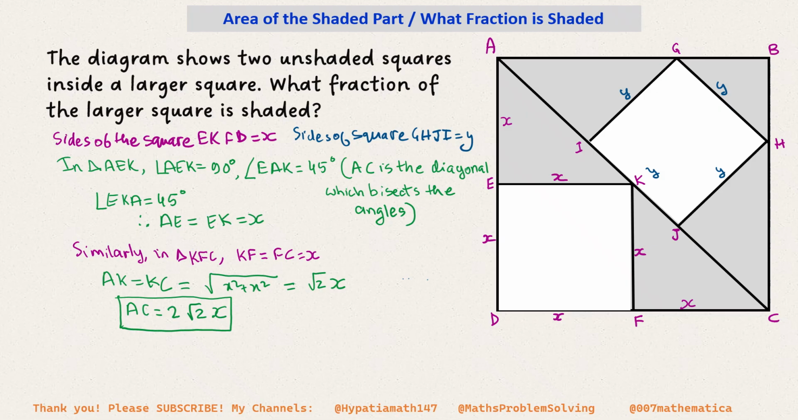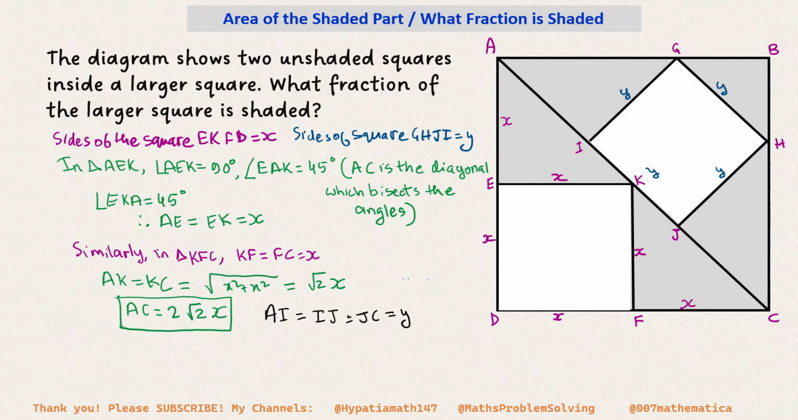AK. So we have AK is square root of x square plus x square, so that is root 2x, and similarly KC would also be root 2x. So we know the length of the diagonal is 2 root 2x, and then similarly we